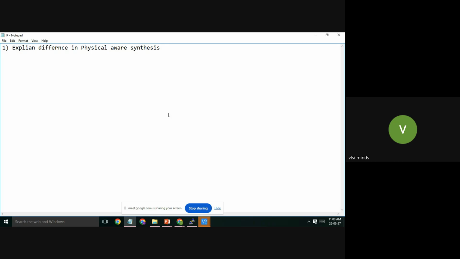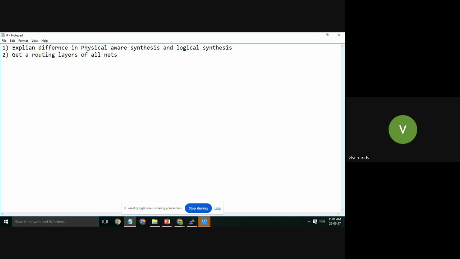So I'll just take a few questions. What is the difference between physical aware synthesis and logical synthesis? Second, get the routing layers of all nets.